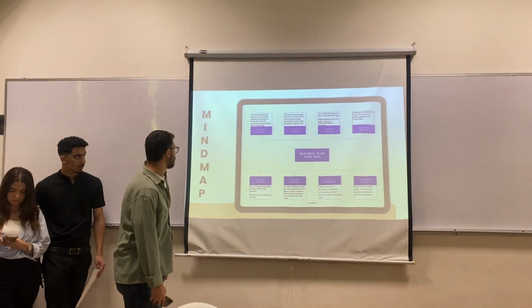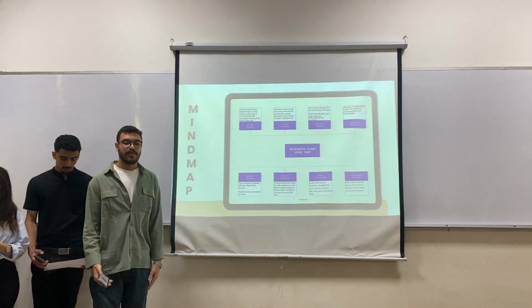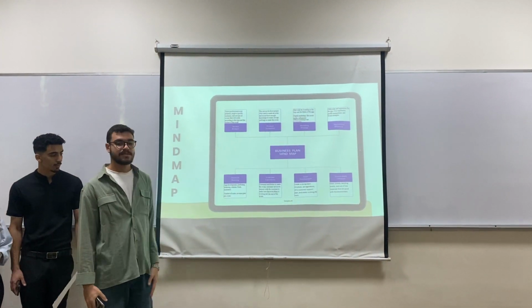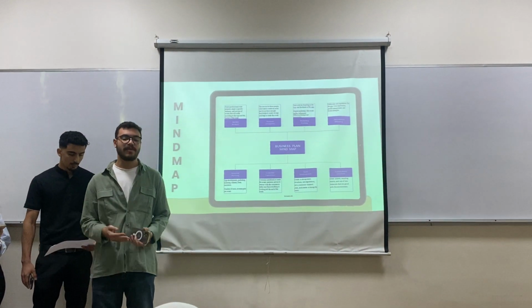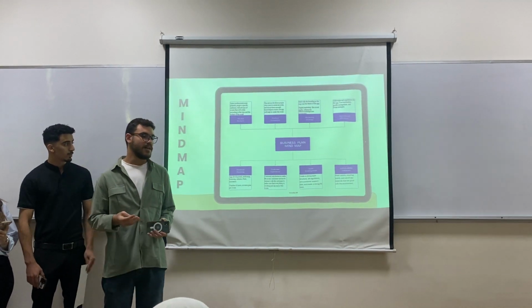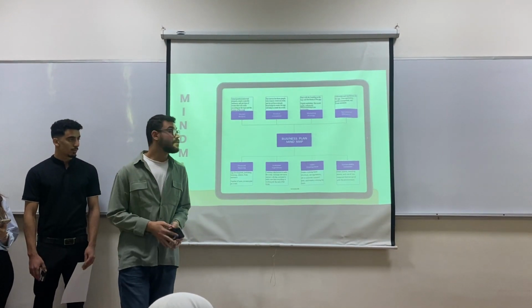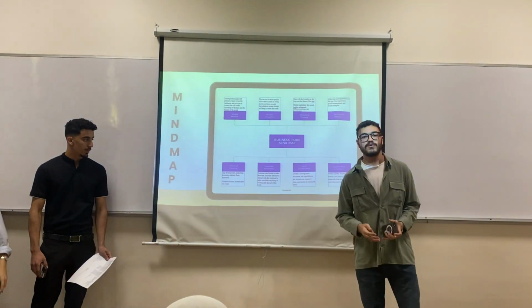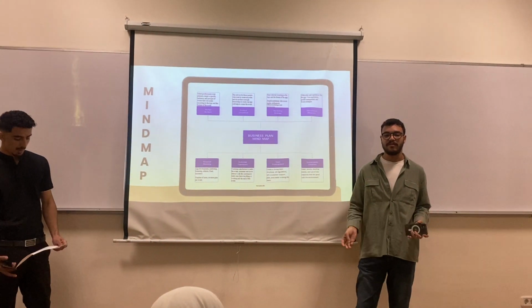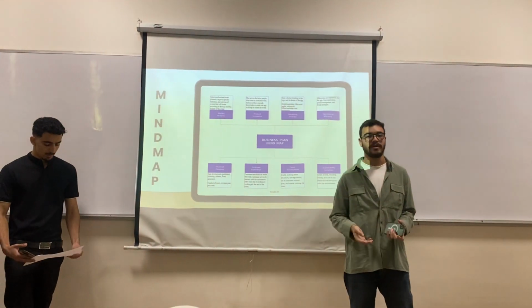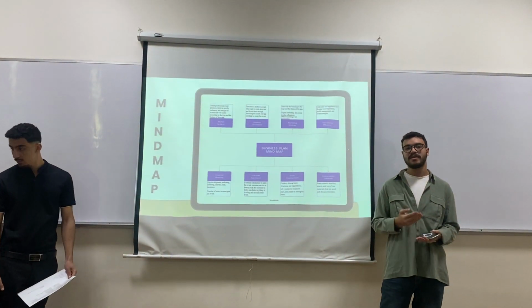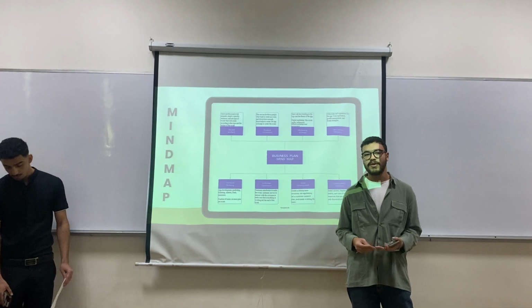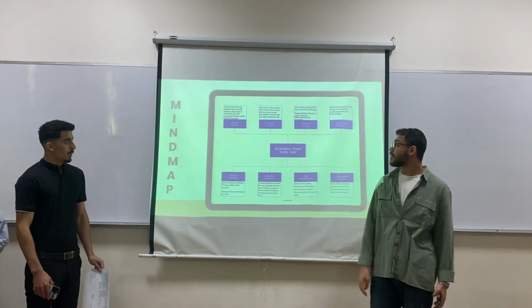Okay, so we created a mind map. We start with the market analysis. We select professional event planners to create the events that the customer needs. Second, the product innovation, the service for the events, for the customer who wants to make an event and doesn't have the knowledge to create the event. So the professional event planners that we have selected will help the customers.